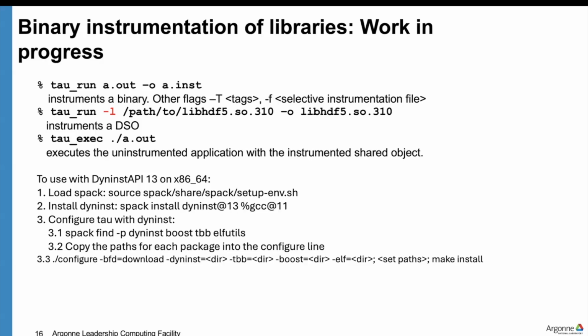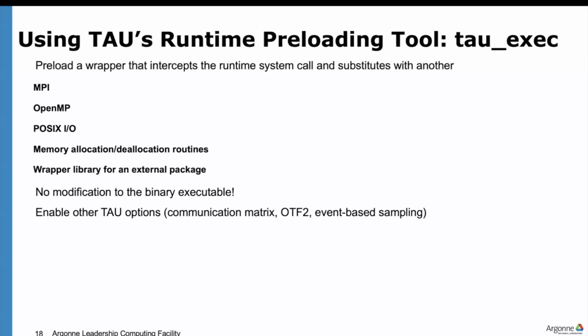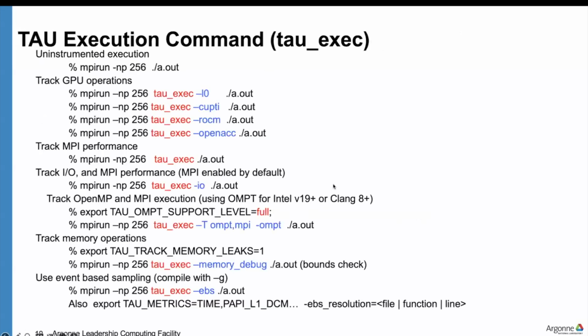Then it will show you the time spent in all the HDF5 functions. With a filter file, you can specify that you are only interested in, say, only H5 routines that start with H5. This shows you an example of using selective instrumentation with tau_exec. tau_exec intercepts the runtime and shows you the time spent in MPI, OpenMP, POSIX I/O, and other runtimes. It can also allow you to specify other TAU options like event-based sampling, communication metrics, OTF2, and this is how